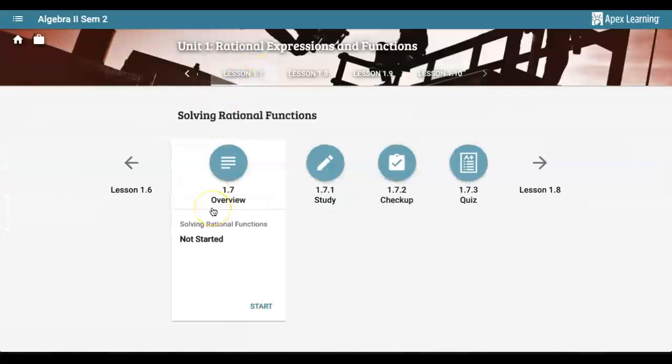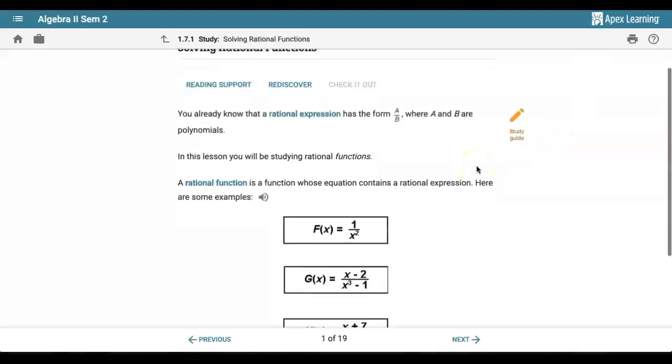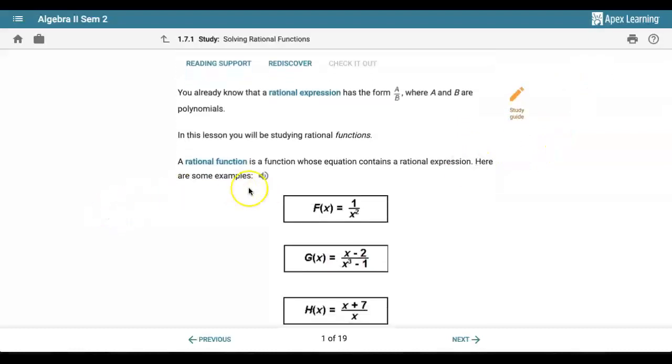All right, looking here at lesson 1.7. So we've been dealing a lot with these rational functions. So now we're going to deal with how do we actually solve them and what does that look like. So looking at our rational functions, again, to remind ourselves, it has this form a over b, where a and b are both polynomials. All right, a rational function is a function whose equation contains a rational expression,